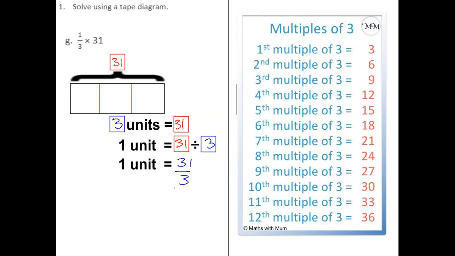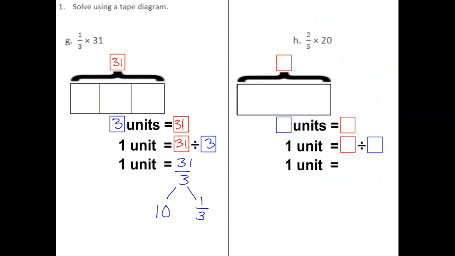And he said, well, let's go ahead and factor that out. Well, I know it can be equal to, if I skip counting by 3s, I would get to 30, and that's 3 times 10. And then I would have what left? I would have 1/3 left. Does everybody see that? If we skip count it by 3s, we would get all the way to 30. So I can take